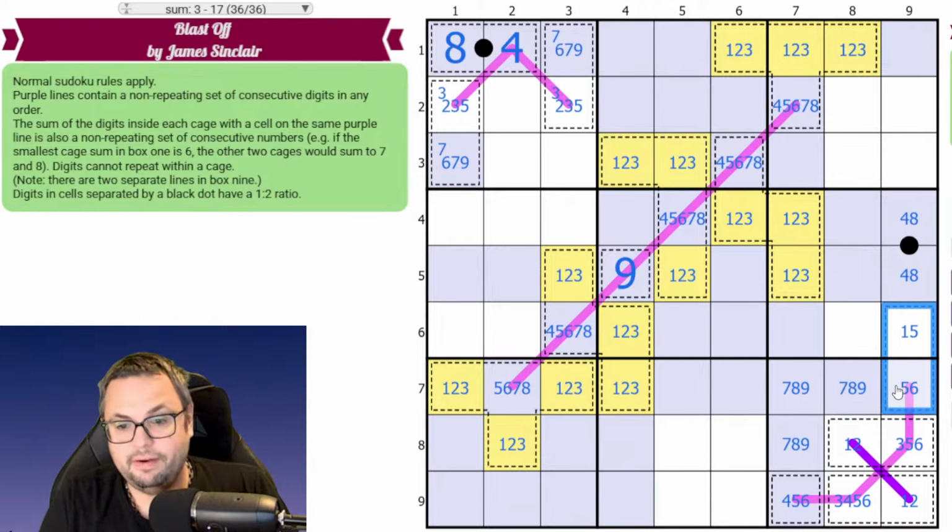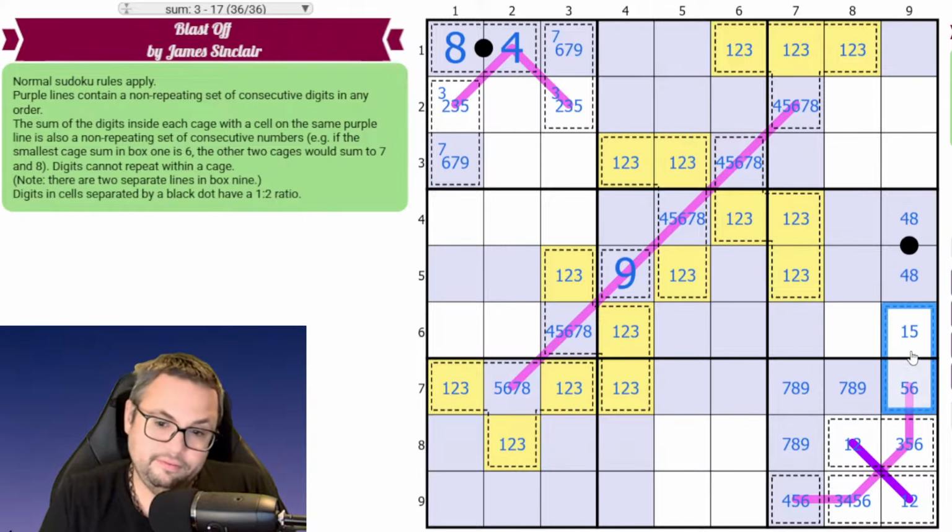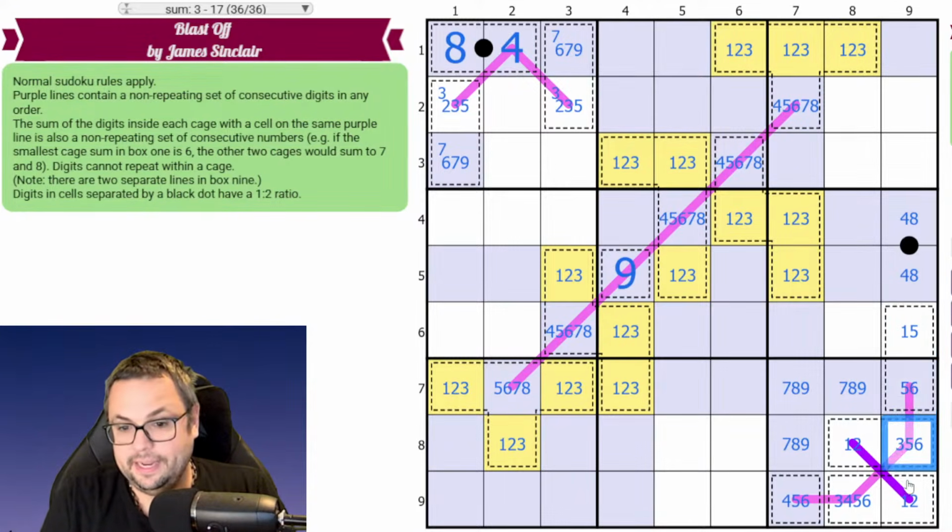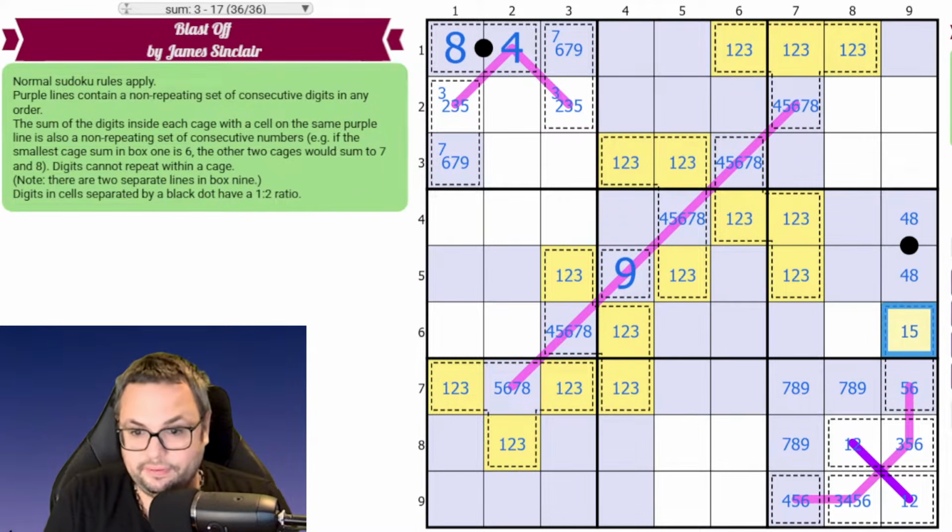Is even 5 too big? 5 would make the sum 11. Yeah, I think that is too big, because if this sums to 11, then we could go 11, 10, 9, 8, but that's not even close. So 1, in fact, is what this is by our little mod 4 math trick,